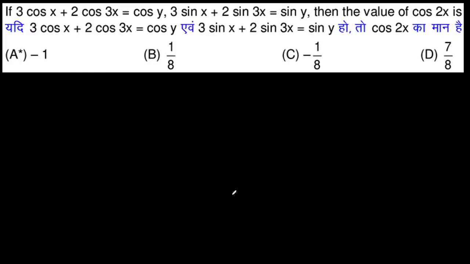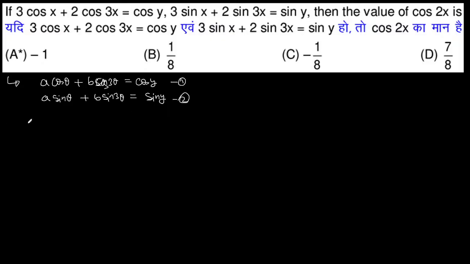अब इस क्वेश्चन को सॉल्व करना है। a cos थीटा प्लस b cos 3 थीटा इक्वल टू cos y, a sin थीटा प्लस b sin 3 थीटा इक्वल टू sin y। ये 1 है, ये 2 है, स्क्वायर 1 एंड ऐड विथ स्क्वायर ऑफ सेकेंड।